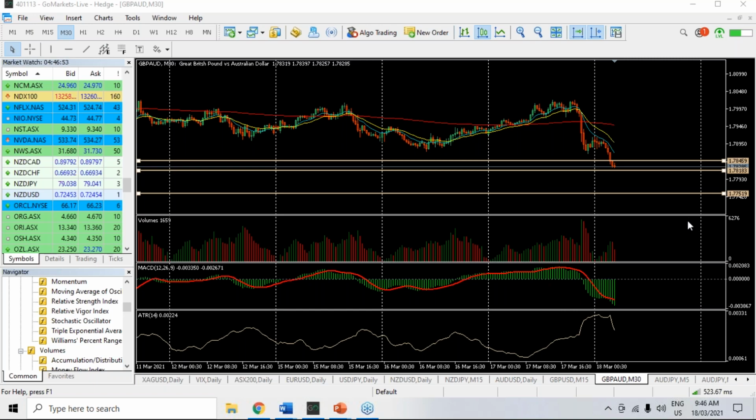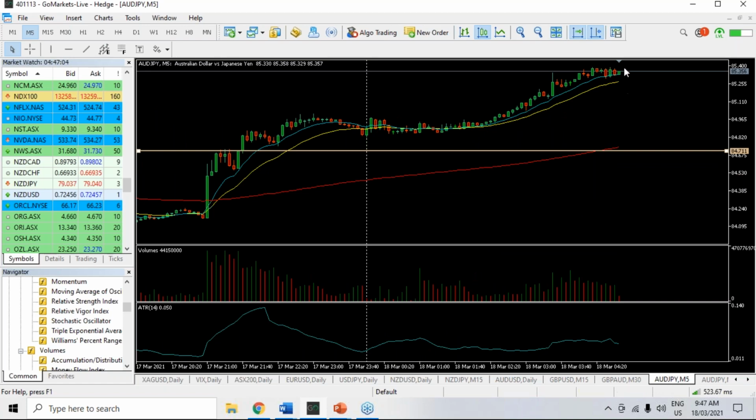Aussie yen, how much is left in this one? It's a good question, Ross. I've really traded this hard over the last few days. So there we see Aussie yen. You can see it pushing up again. So we've got a nice level